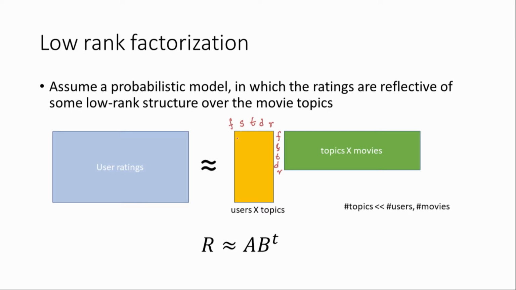And maybe each user, you can think of saying that, okay, this user has so much interest in category fantasy, so much interest in courtroom drama, so much interest in romance. And this movie also is 80% fantasy, 20% romance. I've used up my 100%, so that's it. Okay, and then whether a user likes a particular movie depends on whether the movie category shares the user's interest,